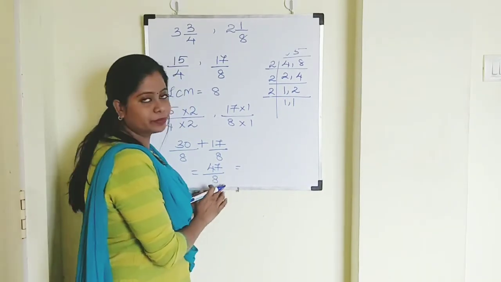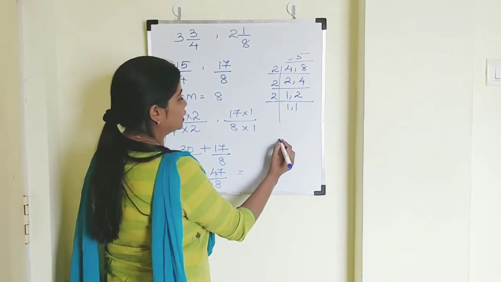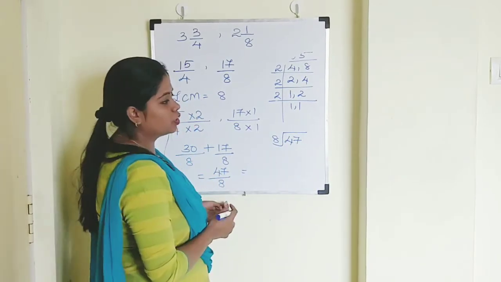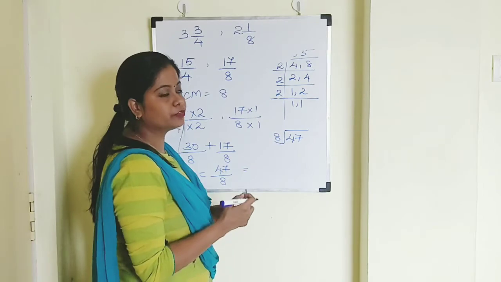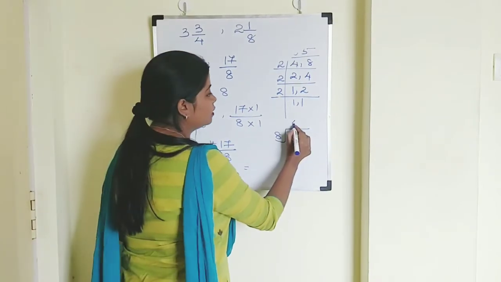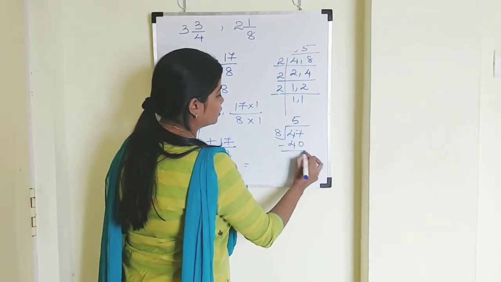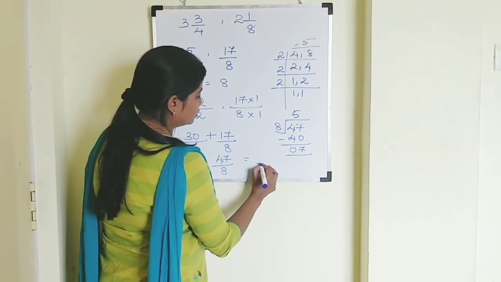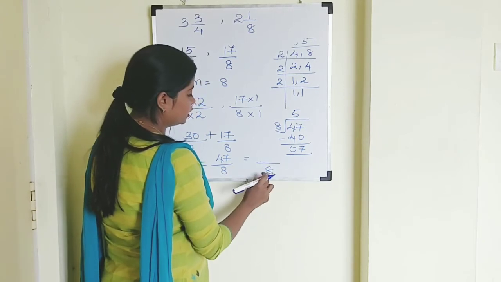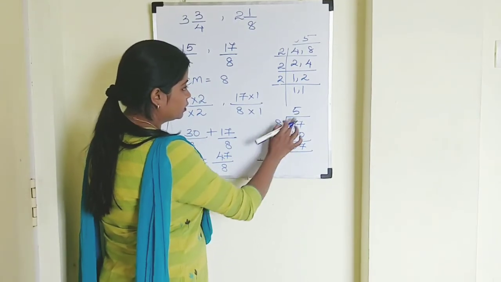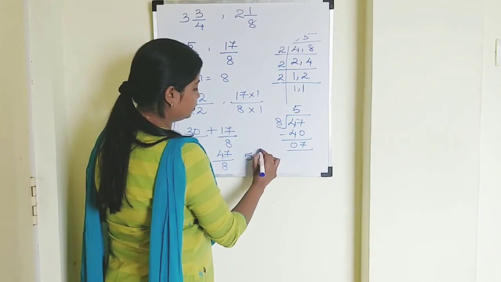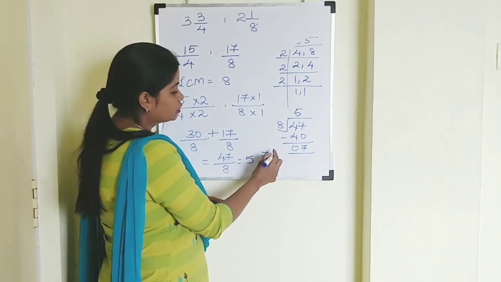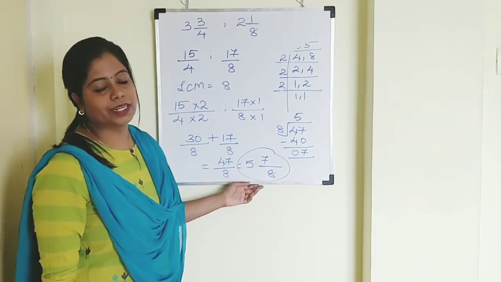Now, how to convert the improper fraction into a mixed fraction, that is what I was telling you. Let's see. 47 by 8. You all know 47 doesn't come in 8's table. You have to see a smaller number. So 8 5s are 40. That leaves you 7. So the divisor will come down as the denominator. The quotient will come here and the remainder will come here. So 8 5s are 40. 40 plus 7 is 47. So 5 7 by 8 is your final answer.